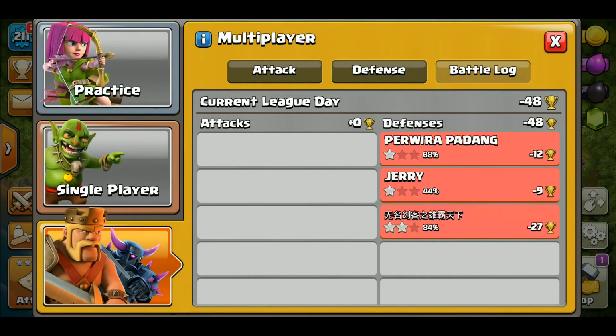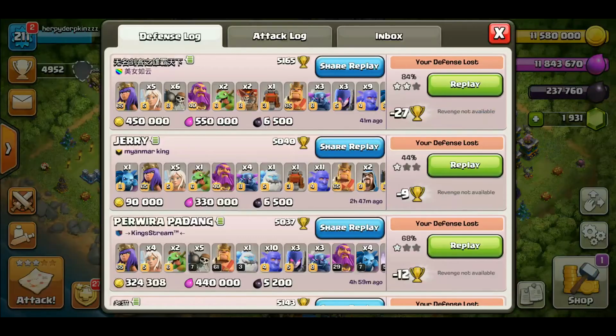So for the last base here, it is the beginning of a brand new league day, and in fact a brand new league season. And you can see I've defended 3 times already with this base, or as I like to say, thrice. And I've gotten 1-star twice and 2-star only once. So the replays are right here, obviously. One guy got only the town hall and he got 1 star and he didn't get 50%. The other guy didn't get the town hall